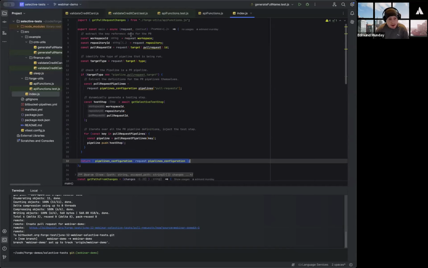So for your developer productivity and overall workflow, it's going to be a massive, massive time saving and a massive improvement in how your teams operate. All right,